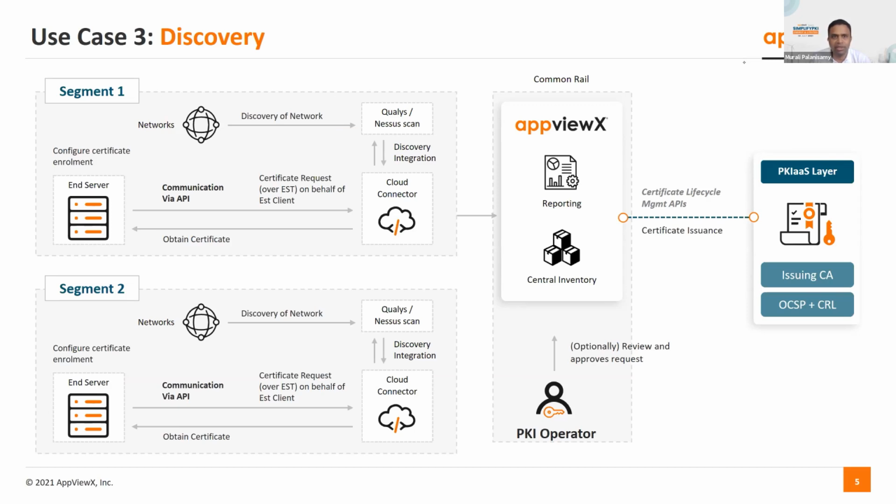Zero trust doesn't mean that you put a firewall in between segment 1 and 2, right? And then it basically talks to the firewall. Then, in essence, you would be punching so many holes in the firewall that you might as well remove the firewall, right? There is no protection in that aspect. Zero trust is about every connection being authenticated and verified before it connects to the other service